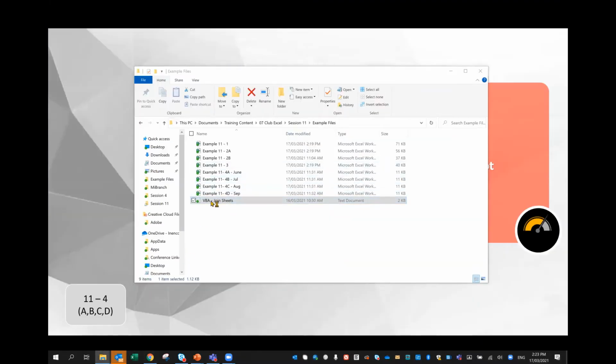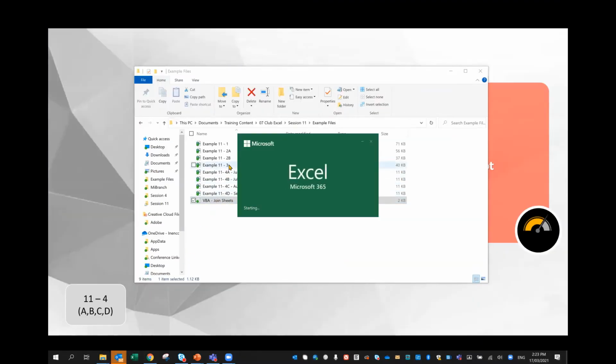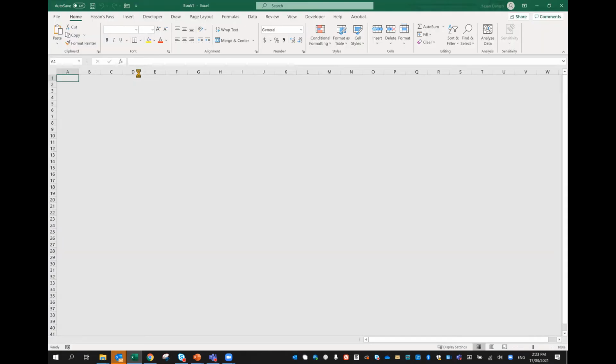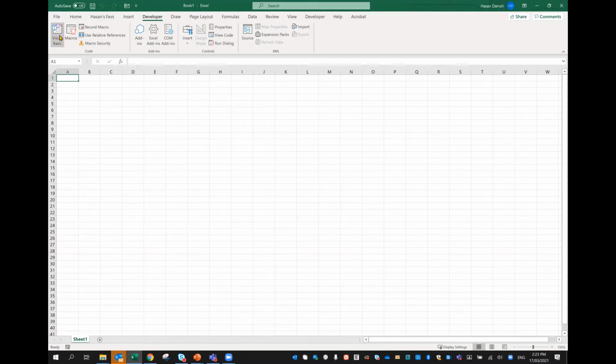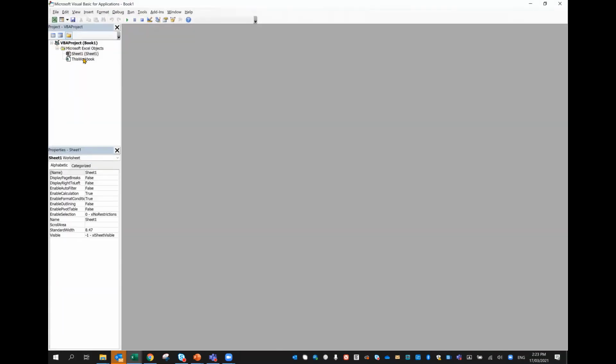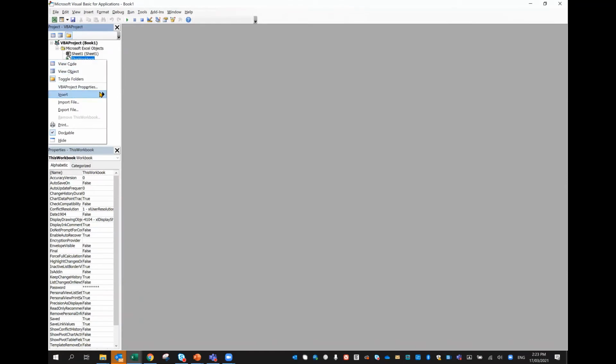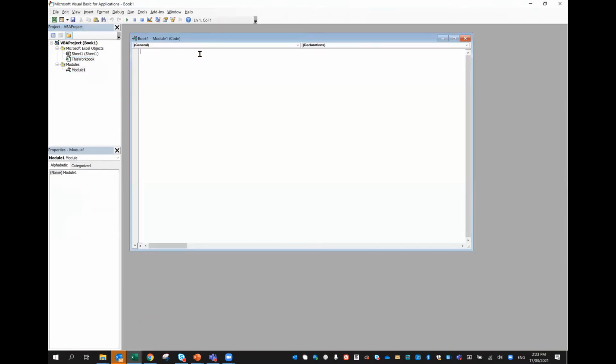Then I want you to open a brand new Excel file, blank, developer, Visual Basic, this workbook, right click, you are inserting a module, insert module, on this, Control V,